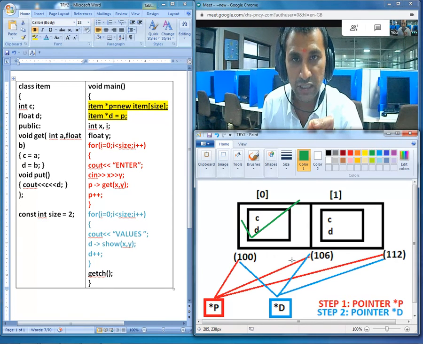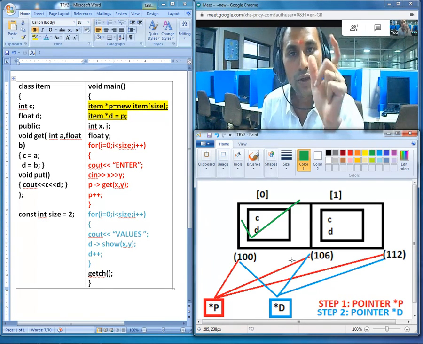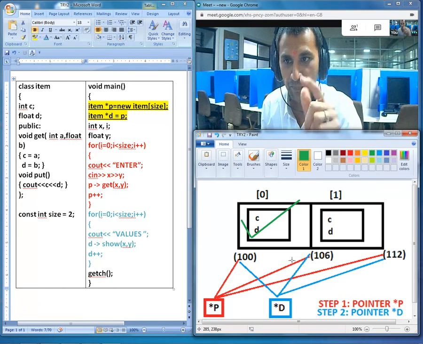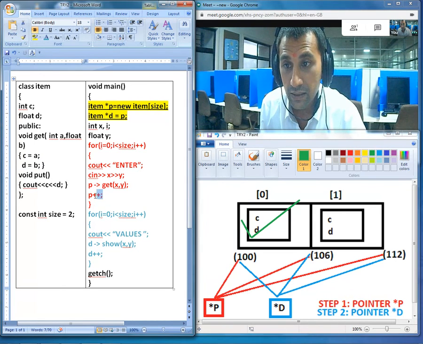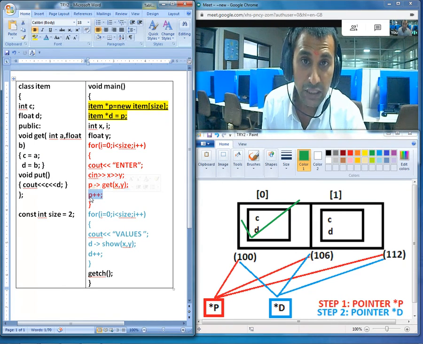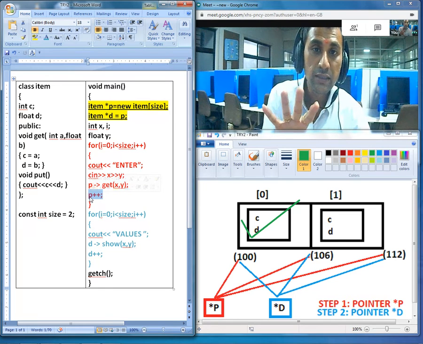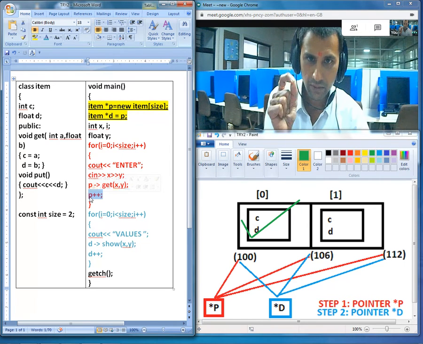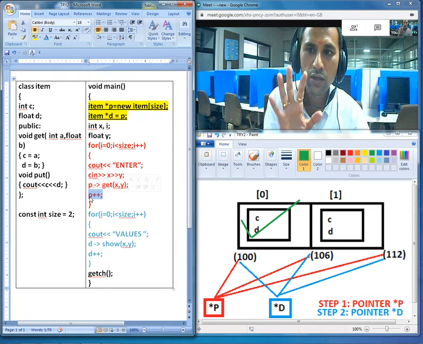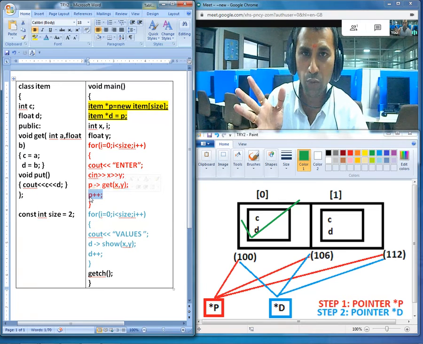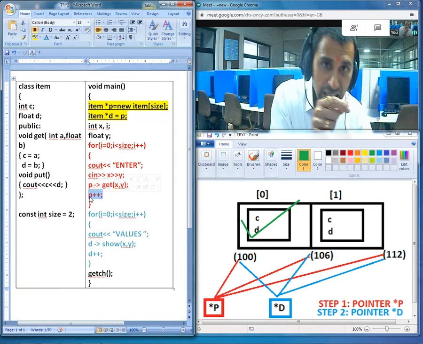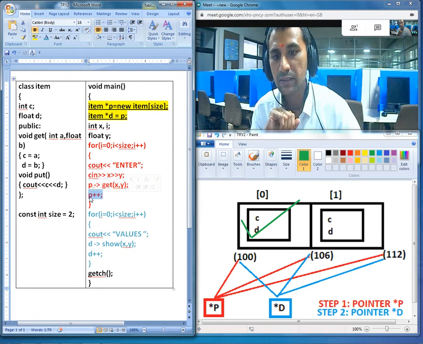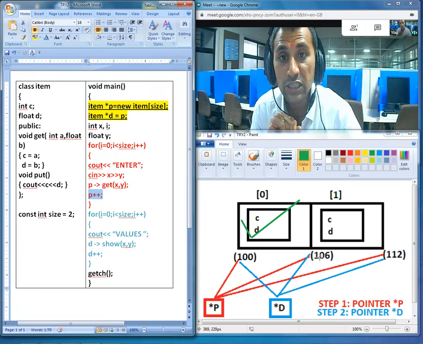We are talking about this object. *p is pointing at memory location 100. In that object, we are going to store the values for the variables c and d. Right next to that, there is a p++. That means we are going to increment the pointer p. Pointer p is actually of class type pointer. That means the moment we increment the pointer, it will start pointing at the next block of the same object.